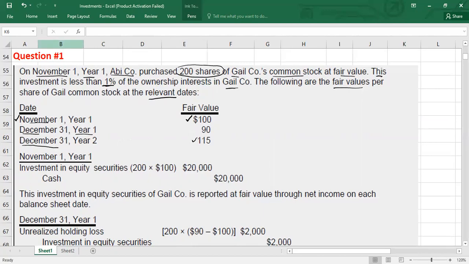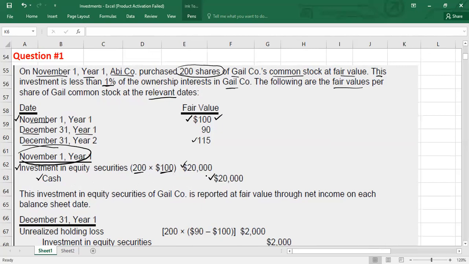Guys, first of all, you need to pass the entry at the date of purchase, which is November 1. What entry will you pass? You will debit investment in equity, and credit cash. With which value? You purchased 200 stocks times 100, the market value on that day. So you will debit investment in equity securities with 20,000,